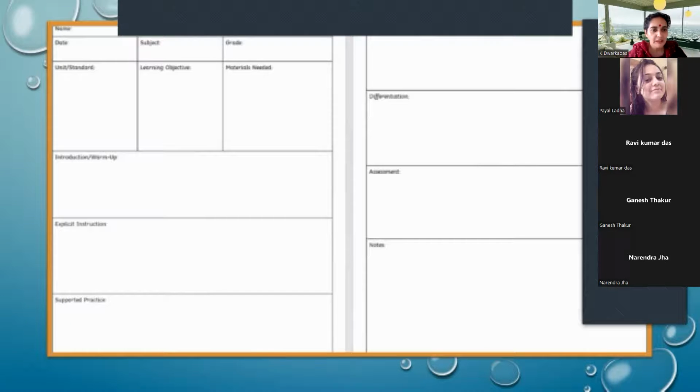First, at the top you will write your name. Your name, the date for which you are planning the lesson, the subject which you teach, the grade which you are teaching, the unit which you plan to cover in this particular lesson,